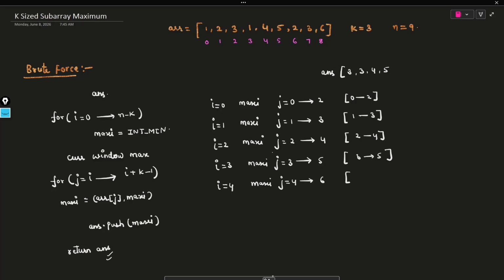So our current window is from 4 to 6. We have to find the maximum value inside indexes 4 to 6. From 4 to 6, the maximum value is at index 5. So we have to insert that 5 inside the answer array. After that, our i becomes 5, and